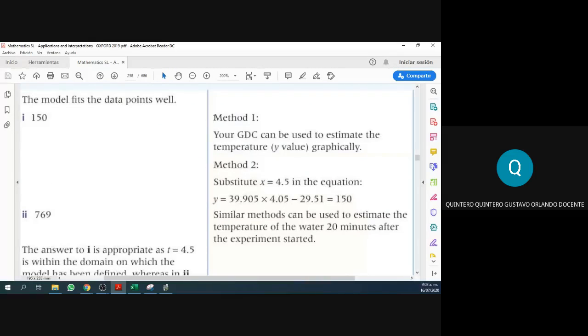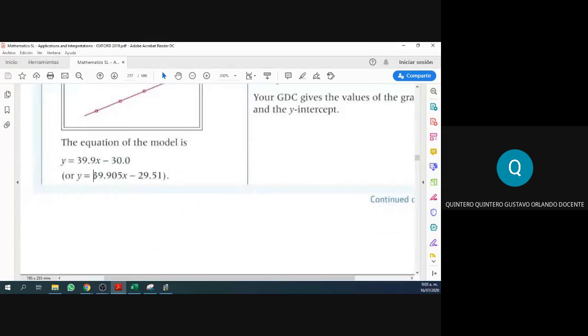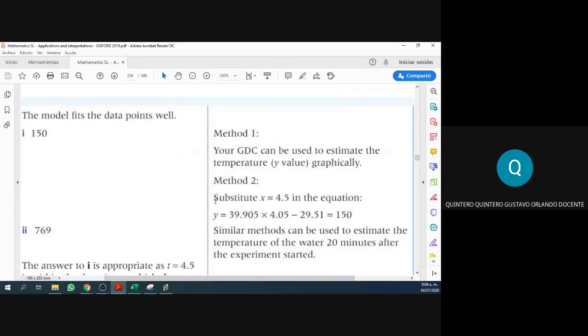Here's the example, method 1. You can take your calculator and estimate the temperature graphically. I can show you that in a second. And method 2, we are going to substitute the value, 4.5, in the equation. Now, the equation was this one, right? We had it here. 39.905x minus 29.51, or the one on top, if you want to simplify it. So we're going to replace in that function. Look, the slope times our value minus,